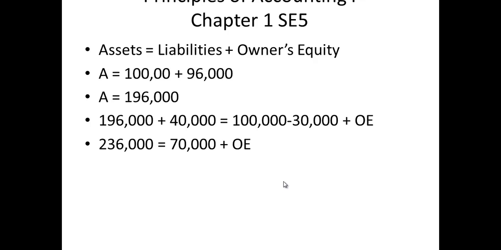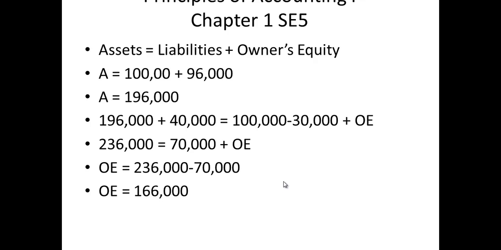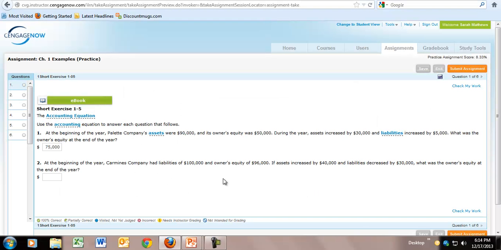So what we have is $236,000 in assets is equal to $70,000 in liabilities plus an unknown ending balance amount for owner's equity. When we solve this algebraically, we get owner's equity is equal to $236,000 in assets minus our $70,000 in liabilities, and we end up with owner's equity being $166,000. So I can return here and put my $166,000